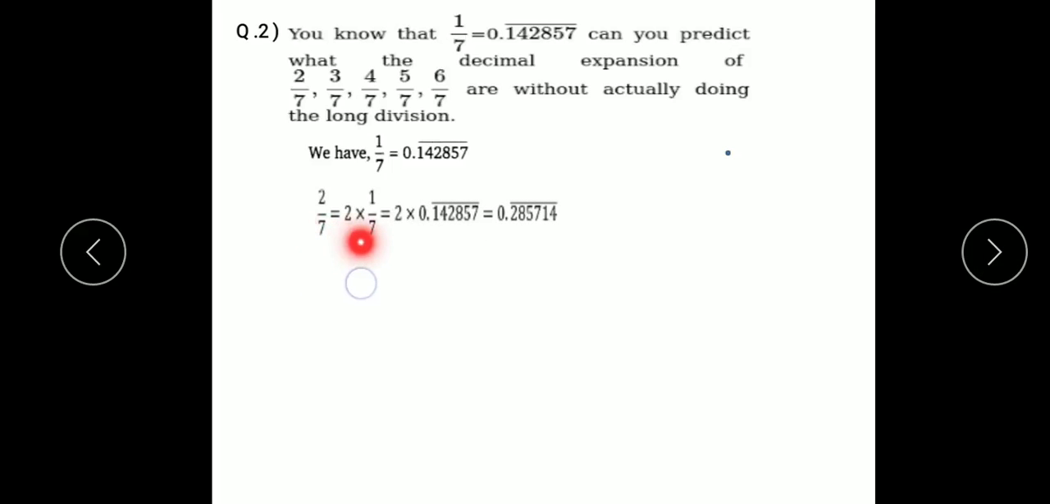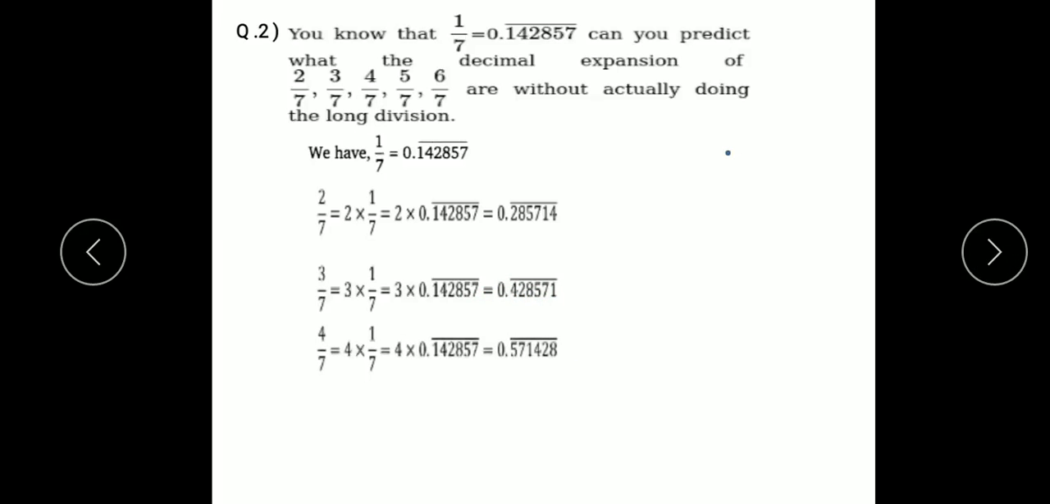0.142857. Can you predict what will be the decimal expansion of 2 by 7, 3 by 7, 4 by 7, 5 by 7, 6 by 7 without actually doing the long division method? Let us see how we can do this. We know that 1 by 7 is equal to a recurring decimal. Therefore, 2 by 7 can be found by splitting it as the product of 2 and 1 by 7, 2 times 1 by 7. So 2 times the value of 1 by 7, and we obtain the product equal to